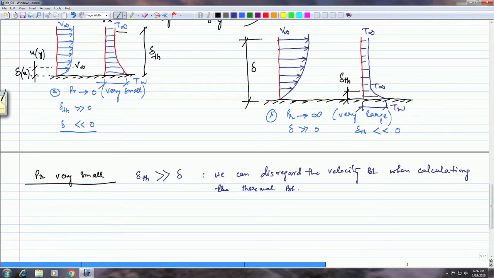So we can disregard the velocity boundary layer when calculating the thermal boundary layer. Then in that case, what that means is that the velocity can be written as, the u velocity is nothing but the free stream, and the v velocity